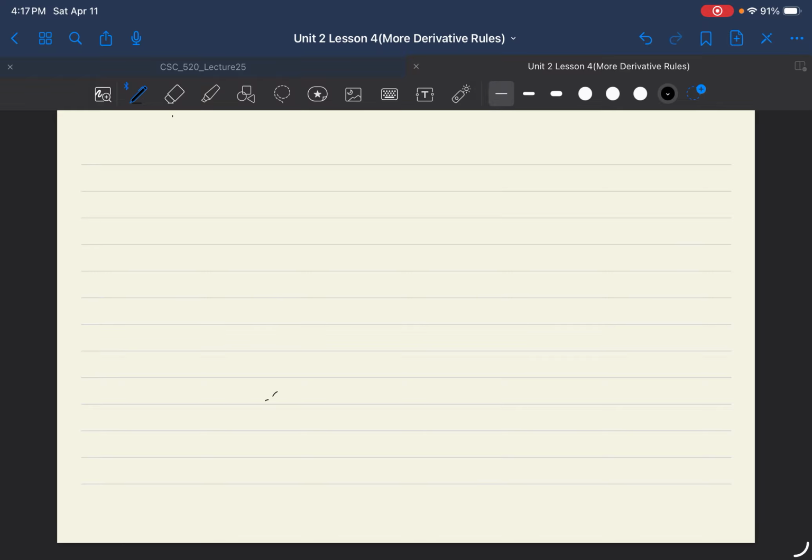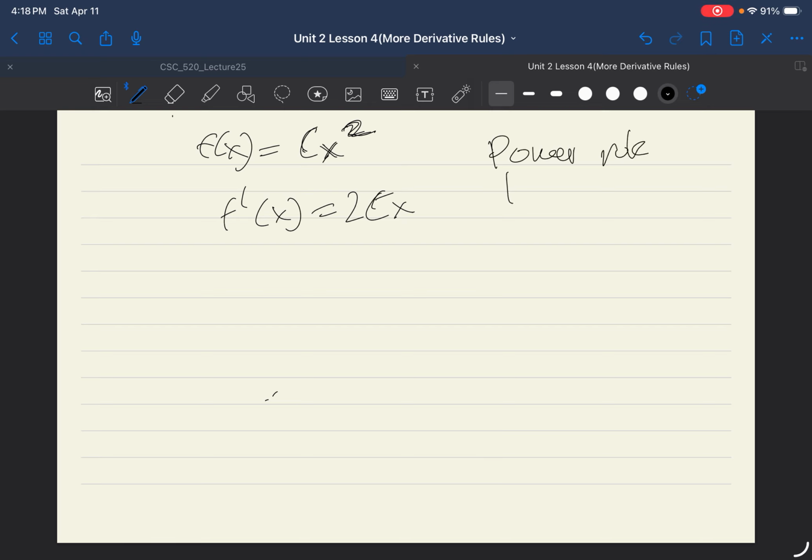And now let's talk about a little bit more cleanup related to derivatives on these types of functions. So f of x is going to be equal to a constant c x squared. So what will f prime of x be? It'll be 2cx. This is important to note. The power rule leaves